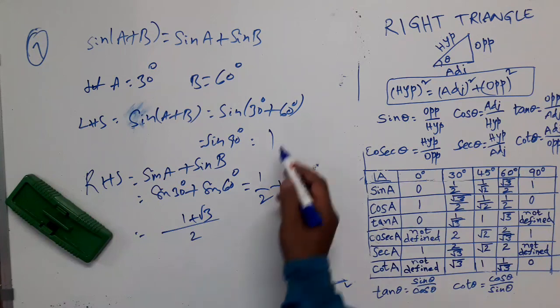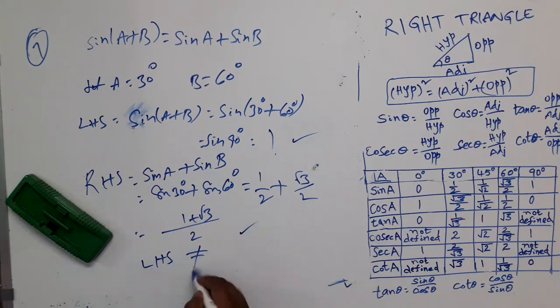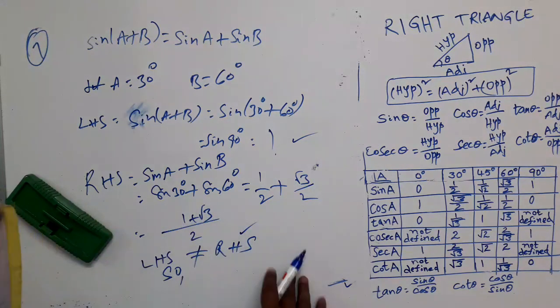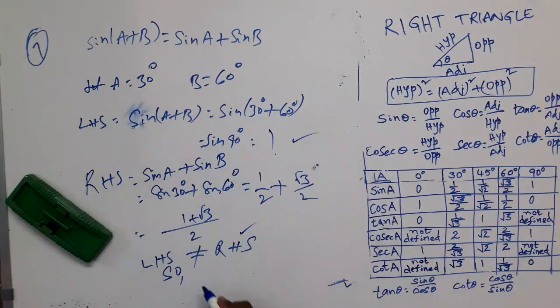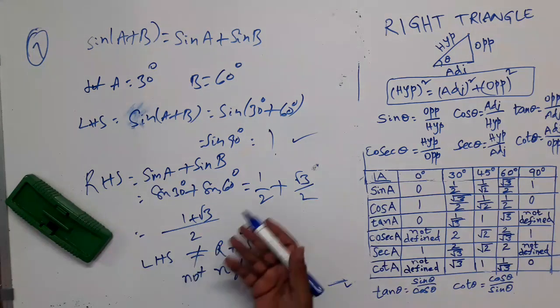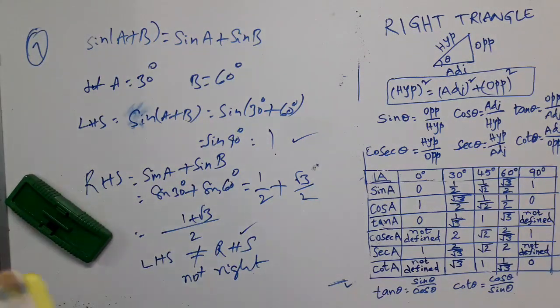So this is the right hand side part, this is the left hand side part. Are they equal? 1 is not equal. The left hand side part is not equal to the right hand side part. So this is false. Is it right to say that these two are equal? No. This is not right to say that these two are equal, because in one case it is failing, so we cannot say that it is true. So with this we conclude exercise 11.2.